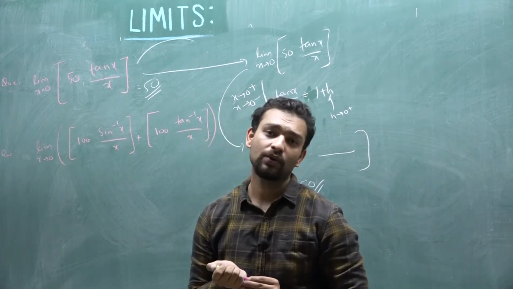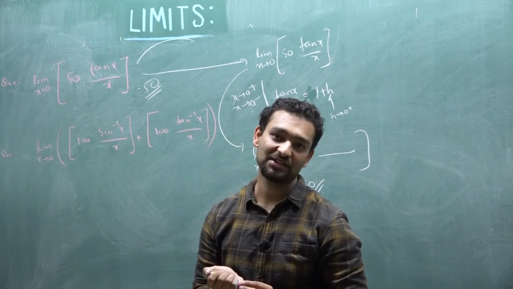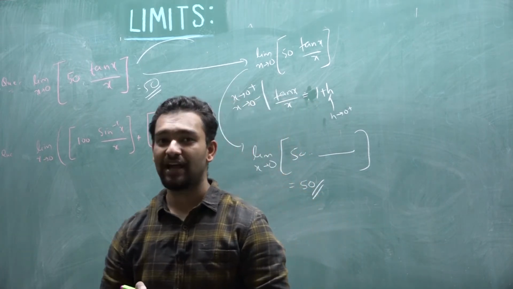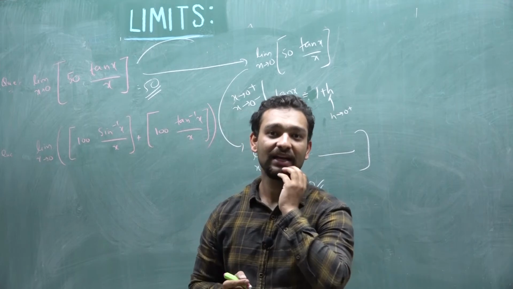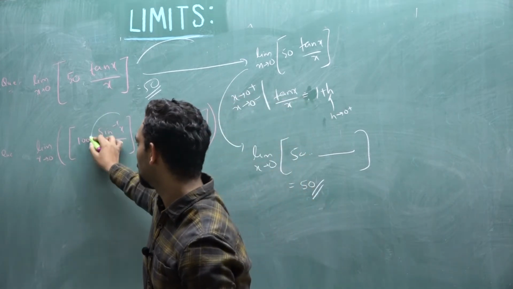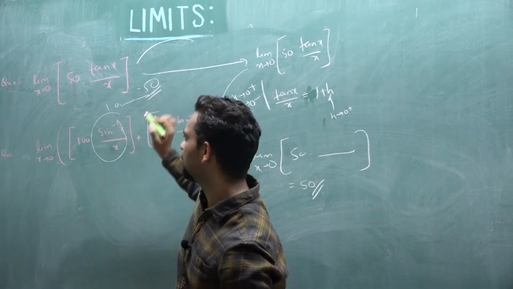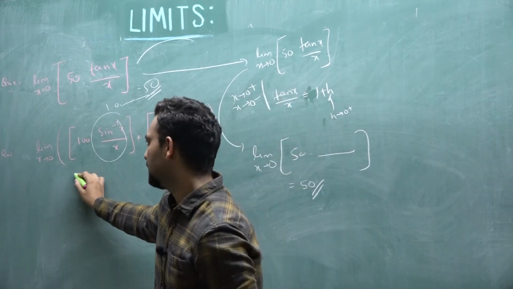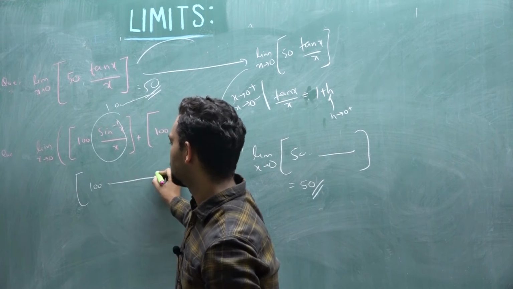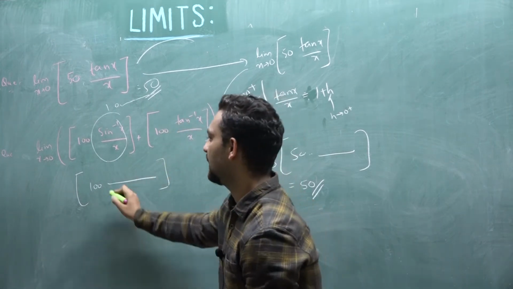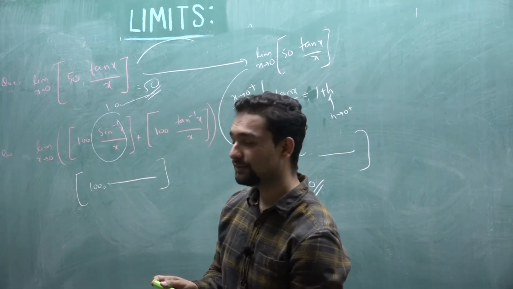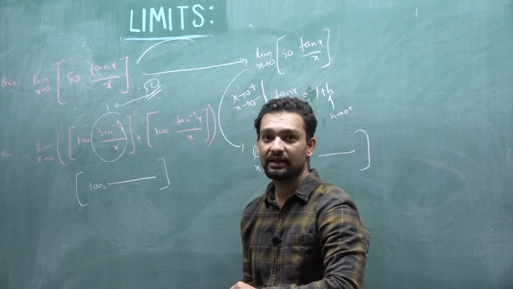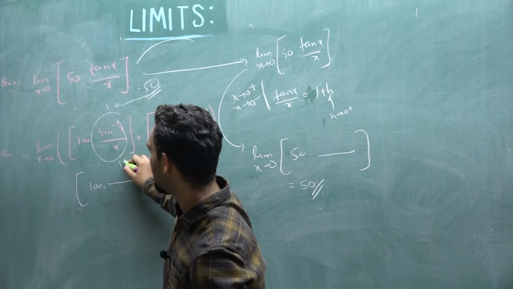Let's have a look at the second one. Again sin inverse x by x. Sin inverse x by x is slightly greater than 1 near the vicinity of 0. So this whole value will be 1.0000 something multiplied by 100, which gives a value just greater than 100, or I can write 100.0000 something, and its greatest integer will be 100. And now tan inverse of x upon x.